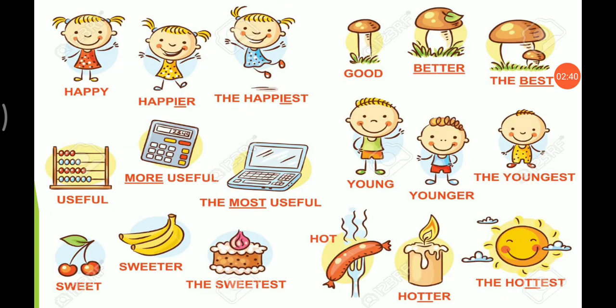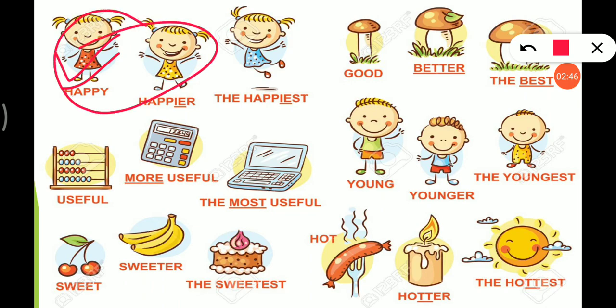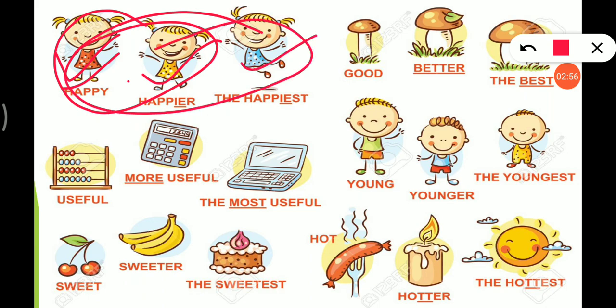Now here are some pictures. Look here, this girl is happy. This is the positive degree. This one is happier than this one. So this is the comparative degree. And if we talk about these three, she is the happiest among the girls. So this is the superlative degree. Same thing here: good, better, best; useful, more useful, most useful; young, younger, youngest; hot, hotter, hottest;